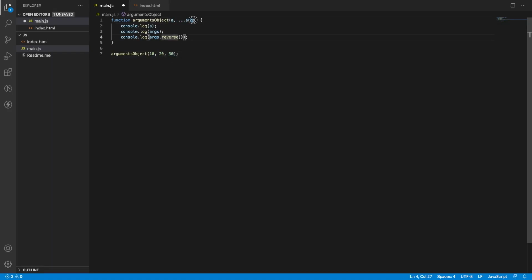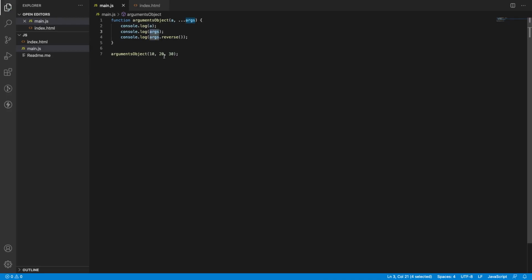In this case, the rest parameter will consider all the remaining values as its own. So 10 will point to a, and all the remaining parameters will point to args. That is the rest operator. If you save this, previously we stored args with a length of 3.